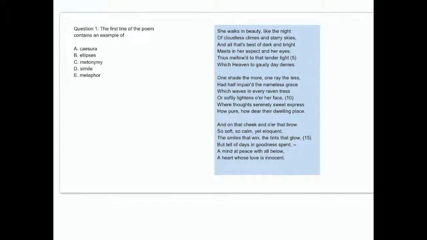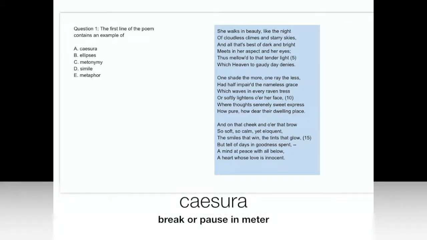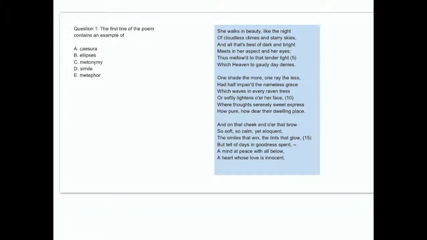Question 1. The first line of the poem contains an example of what? And here we have a question that requires you to be familiar with literary devices. You probably got this one really quickly, but we'll take the opportunity to go over some of these devices now. A. Caesura. This is a break or pause in meter, and if you read over this line, you'll see that